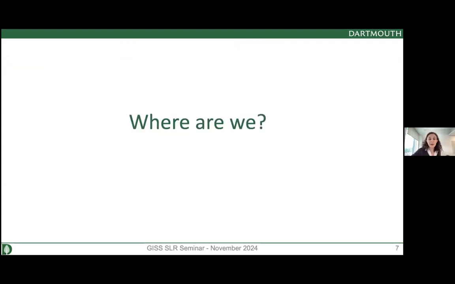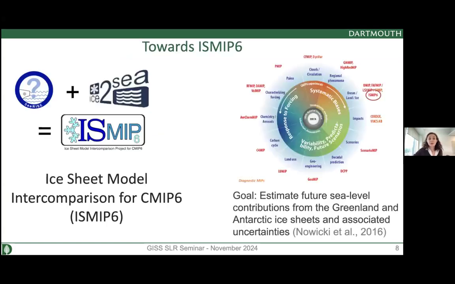So where are we now? What I'm going to show is some of the results that were used for the last IPCC, as well as some recent results that were published since the last IPCC report. So where did that start? At the last IPCC report, the ice sheet models were able to do things like, as I've shown, for sea rise. There was also an effort funded by the EU, ICE2C, with similar results.